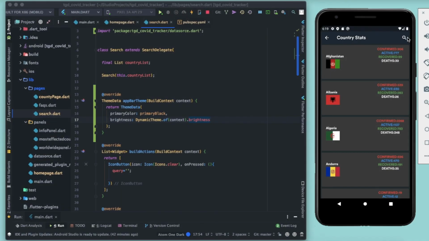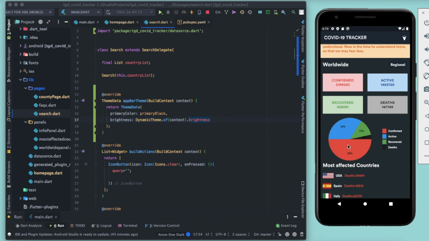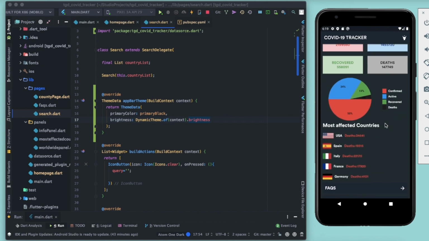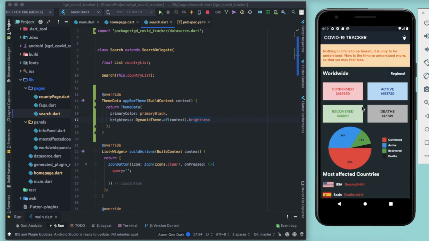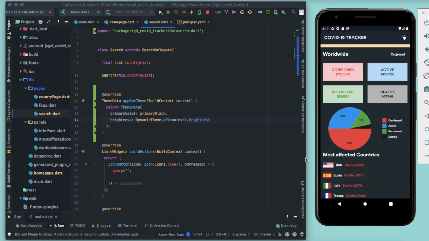We were able to change the theme for this search bar, as well as add the pie chart to our application so that it's more visible, or you can say more attractive. And we were able to implement the pull to refresh icon in this application, so we can always pull to refresh our application. And we changed the API so that it is now working for everyone. So that's all for this video.